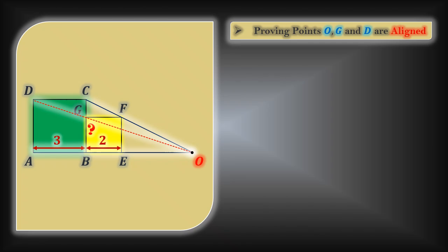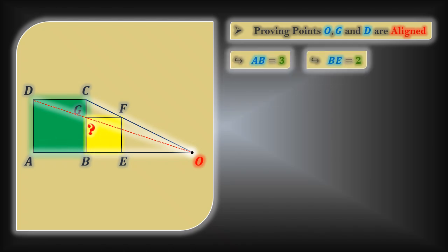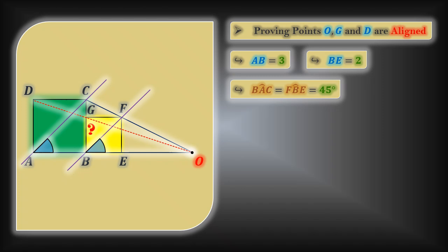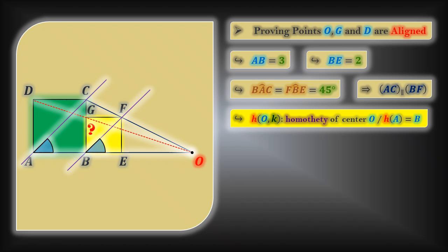We first note that the lengths AB and BE are respectively equal to 3 units and 2 units. Now we draw the diagonals AC and BF. Since the measures of angles BAC and FBE are both equal to 45 degrees, the lines AC and BF are parallel. Next, we define the homothety H with center O and ratio K, such that the image of point A